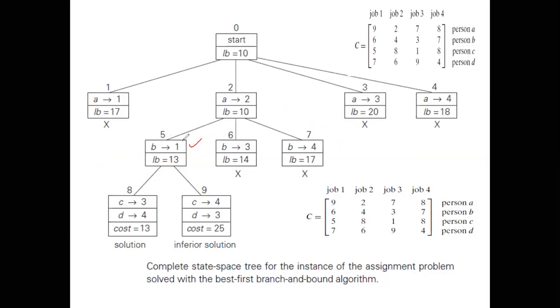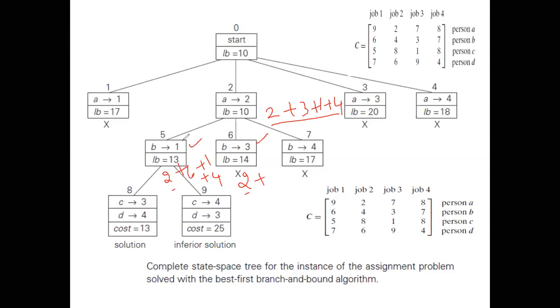What is the next alternative? Can I assign job 2 to person B? No, it's not possible because it has already been assigned to person A. Correct? So after job 2, next is job 3. Assign job 3 and check what the cost is now. So what is the possibility? Initially it was 2 plus 3 plus 1 plus 4. This is for each and every person. It was 2 plus 6 plus 1 plus 4. This 2 will remain constant because I already assigned job 2 to person A.